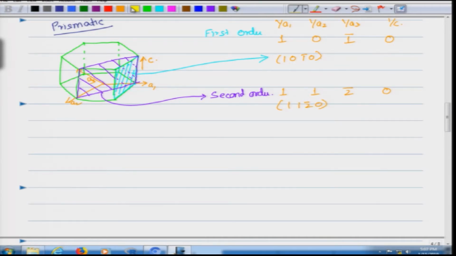Now, at this point one may ask, is this not a possible third prismatic plane? And you should answer why it is not. So, let me tell you, this is not a third order prismatic plane. It is for you to find out why this is not a third order prismatic plane, and there may be assignment questions based on this. So, it will be good if you look at it on your own.